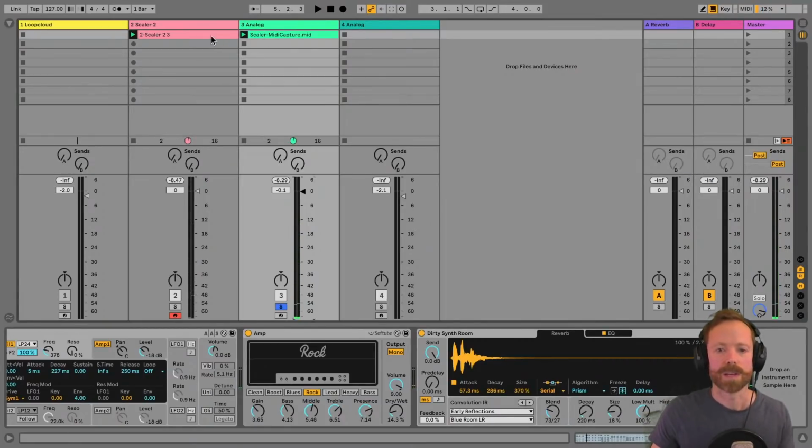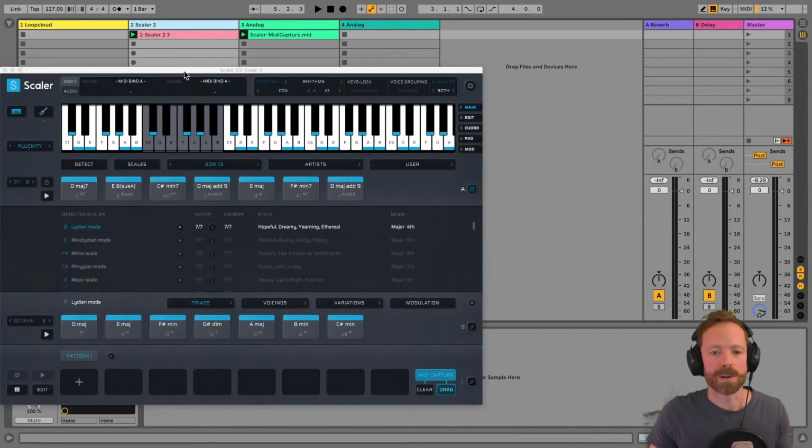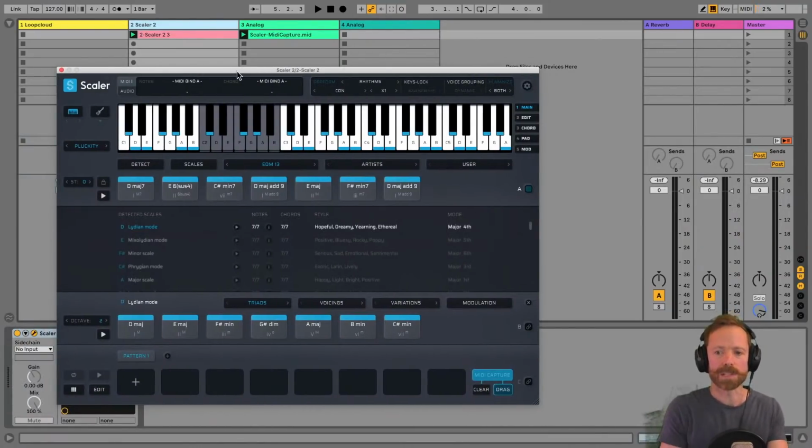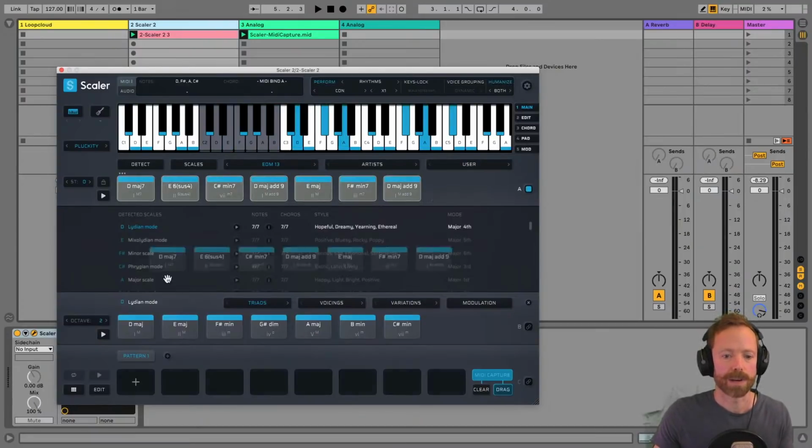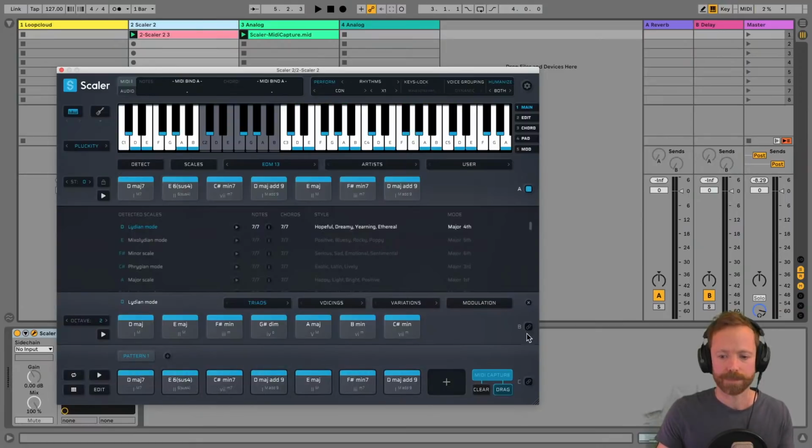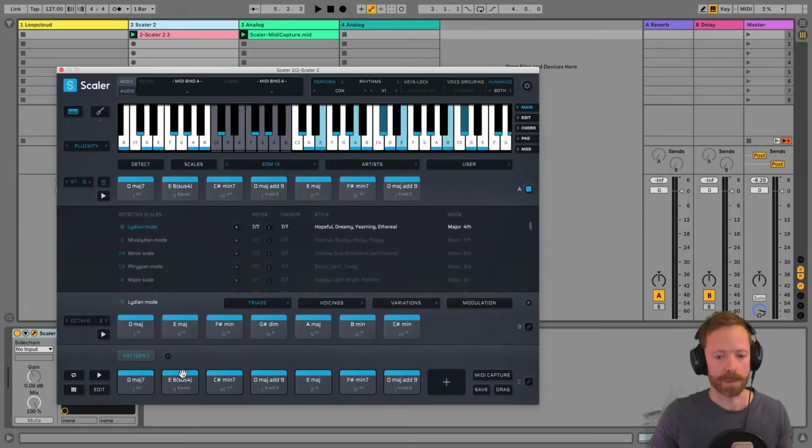Awesome. Now the way I was using it before, often when I wanted to get a bass line in there, was to take the MIDI I was capturing, or to just drag out the MIDI as it was before capturing it with my chord sequence in there. I should drag that down, by the way. Let's just select all these, drag it down as the pattern section. So once you've got it in there, if you're new to Scalar, so I can clear that now, you can then just drag out these chords as they are without having to capture MIDI, and it will just drag them all out with the same timing on each one.